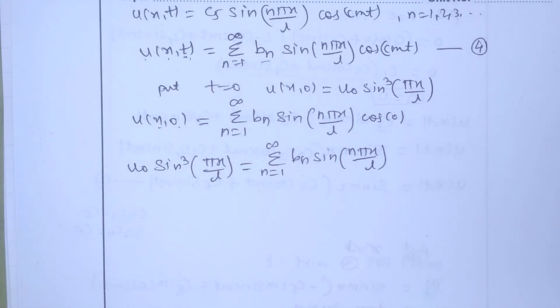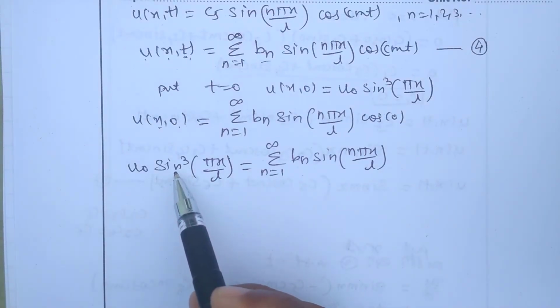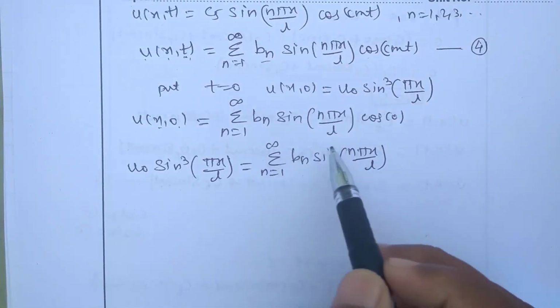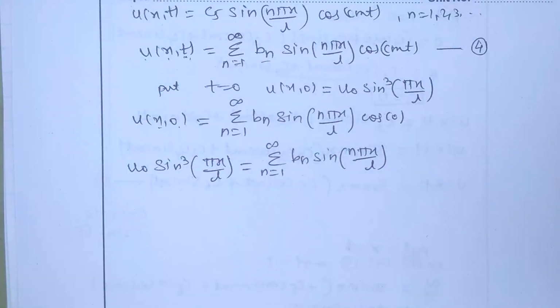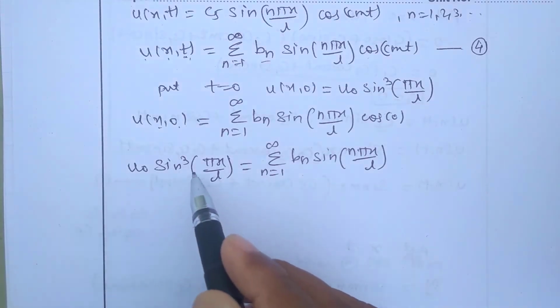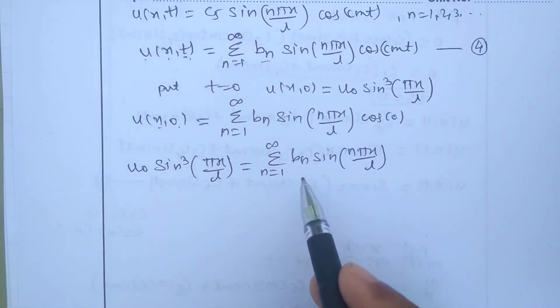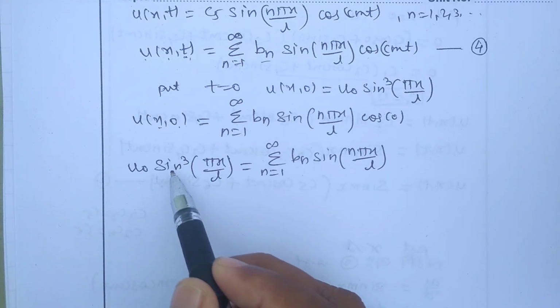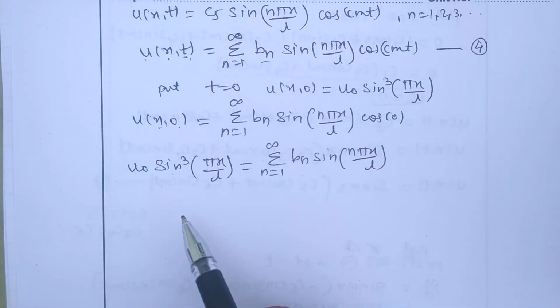Now, by using this equation we have to find the value of bn. As we already discussed at the time of the heat equation, if in the left hand side there is a sine function, then by simplifying this series we can directly compare the values and find b1, b2, b3 like that. And if the left hand side is other than a sine function, then we have to use the half range Fourier sine series. Now here in the left hand side there is a sine function. We just have to simplify it using the formula of sine cube theta. What is the formula of sine cube theta?